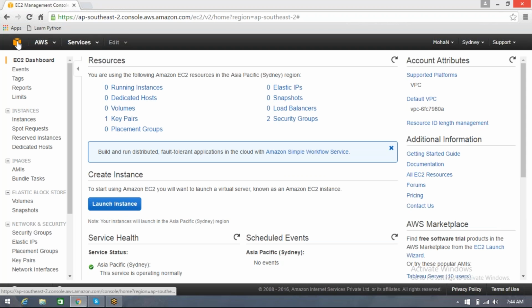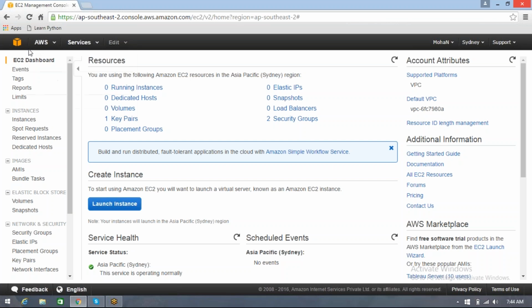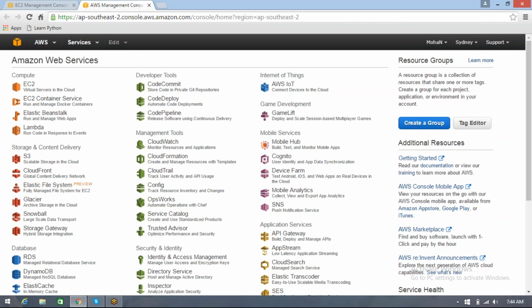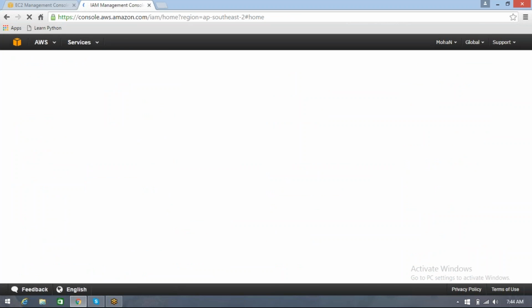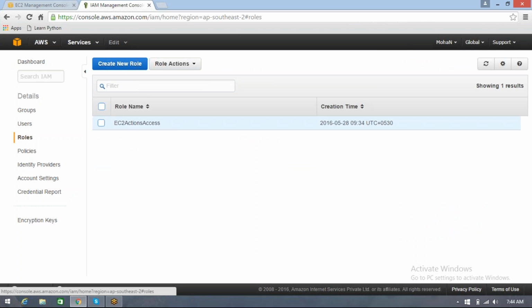But before I do something, I need to have an IAM role. So going into IAM, Identity and Access Management. Don't worry, we will discuss this clearly in detail. In that IAM, going to roles,